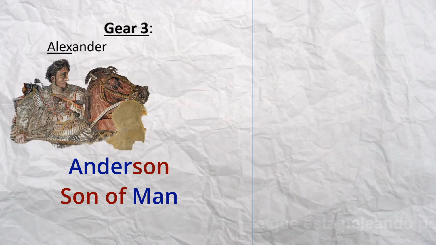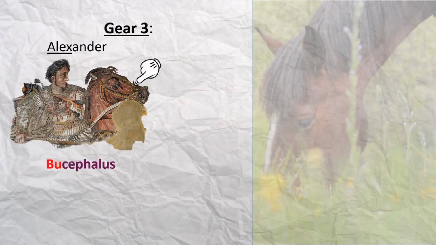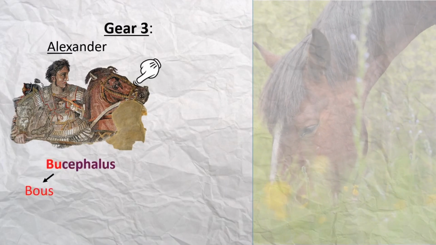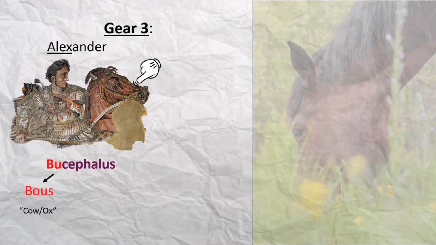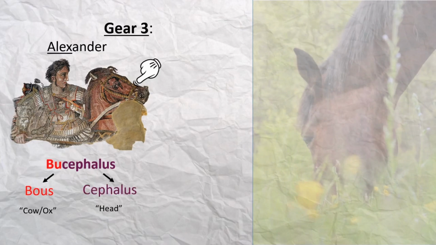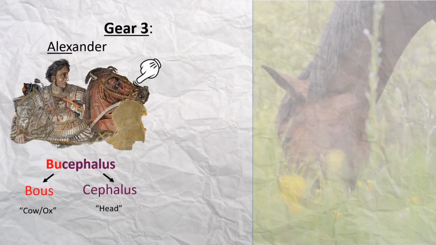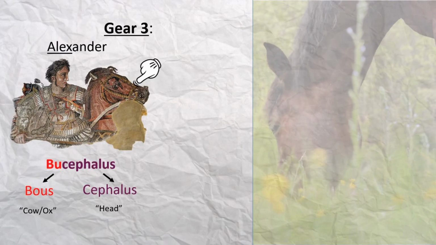Anyway, we're not so much concerned with Alexander the Great, we're more focused on his horse called Bucephalus. Earlier we translated Bous into cow, but in this context it's better to translate it into ox. And Cephalus just comes from the word for head. There are 2 legends as to why this horse was called Oxhead. One of it was due to its unusually large size, and the other legend is that it's just the branding of the horse.